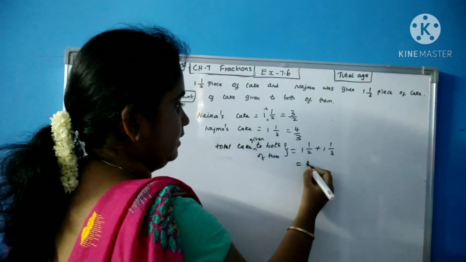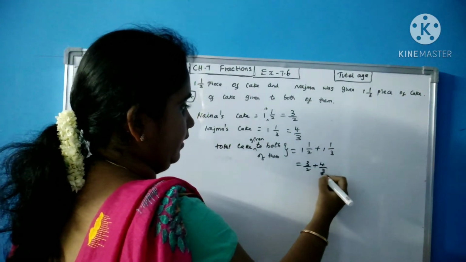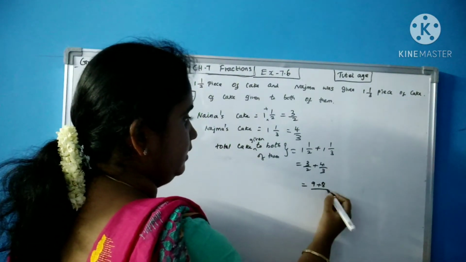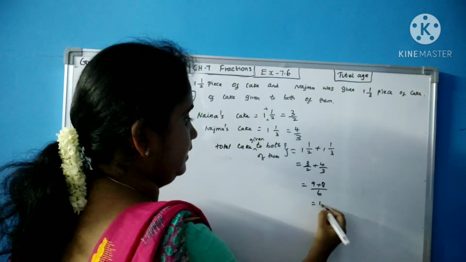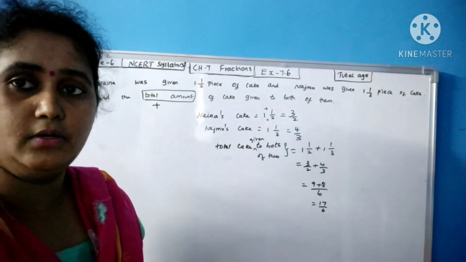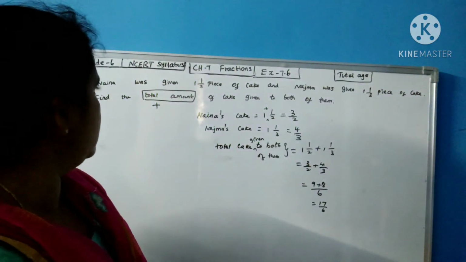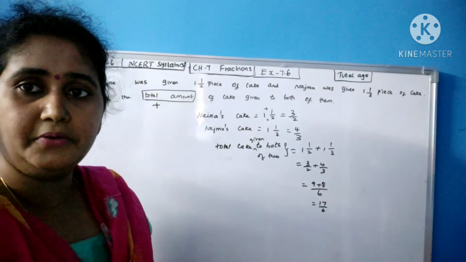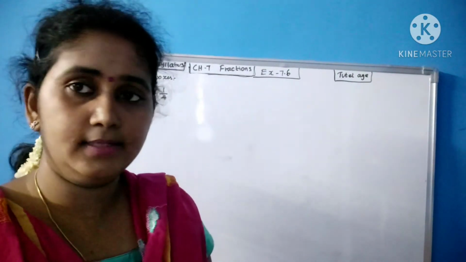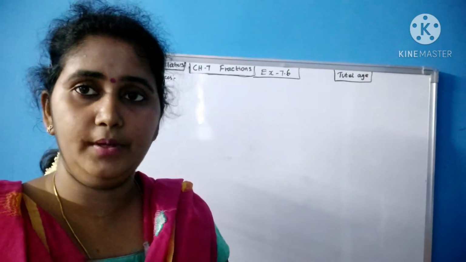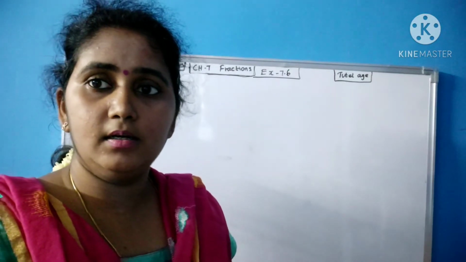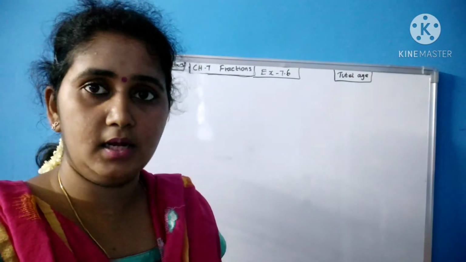Okay, so I am writing it the same here: 3/2 plus 4/3. You can cross multiply. 3 3s are 9, 2 4s are 8, divided by 2 3s are 6. 9 plus 8 is 17, so 17/6 piece of cake was the total cake given to Naina and Najma. Now we'll move on to the next sum. I will resolve the third sum again at the end of this topic because some calculation mistake went wrong somewhere. I will resolve it at the end of the video.